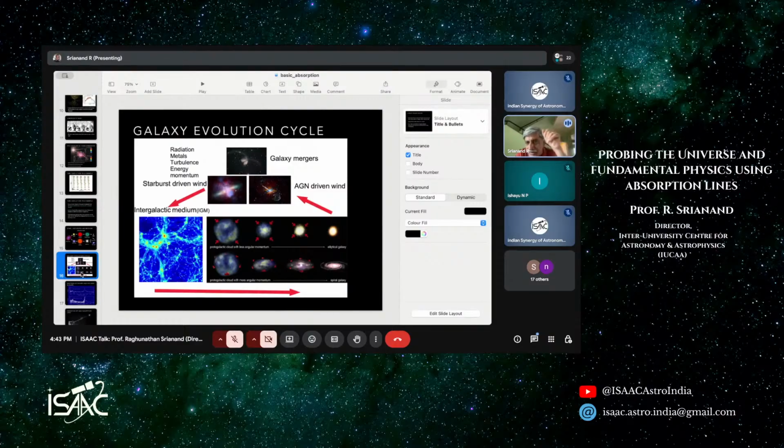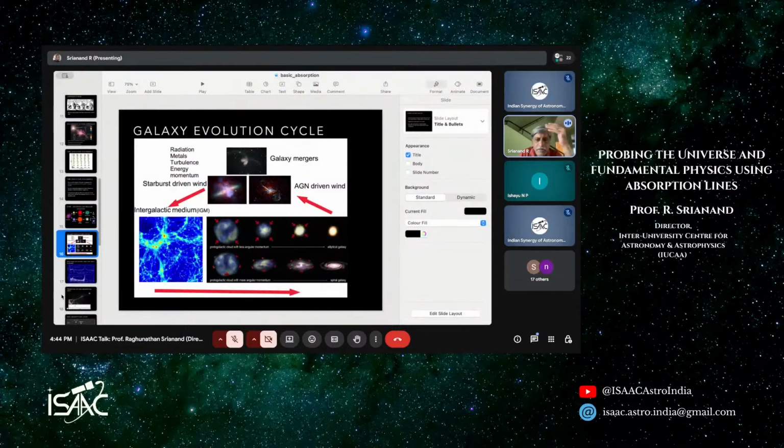Because for a distant object, it takes billions of years for the photon to come. All these time scales are of the order of a few hundred million years to a billion years. So this is simple physics which we will be employing. This is why I started with light travel time. So now let me come to a few slides where we will go through quasar absorption lines